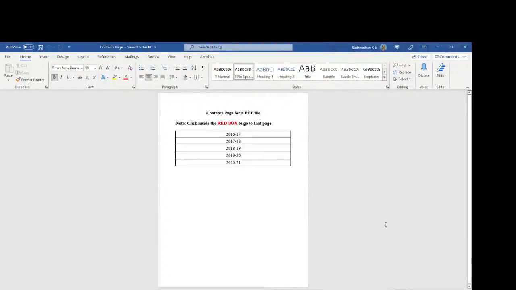Welcome to this video in which I am going to tell you how to create a contents page for a PDF file. Of course, you can wonder, any PDF file will have a contents in that, but here I am going to create a contents page with links, wherein if I click the link it will directly go to that particular page. So this we are creating for an existing PDF file. If you are going to create a PDF file from the scratch, that's different, but this is for an existing PDF file. Now this contents page I have created using Microsoft Word.